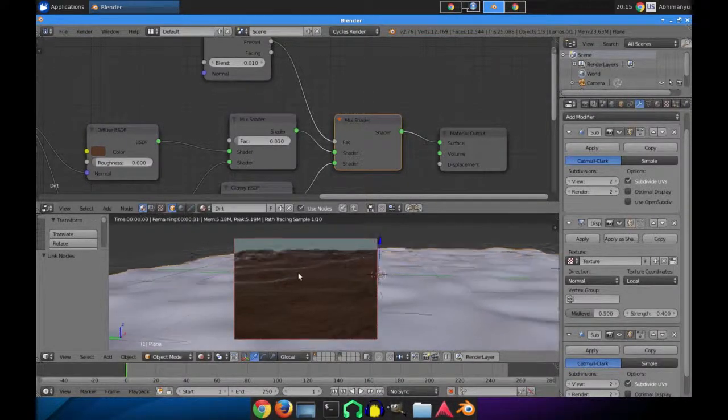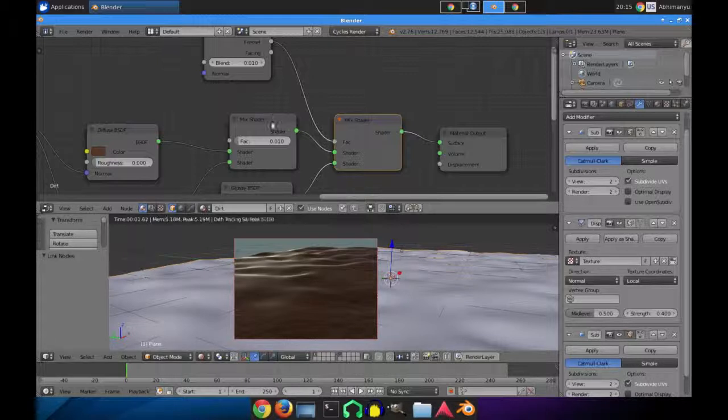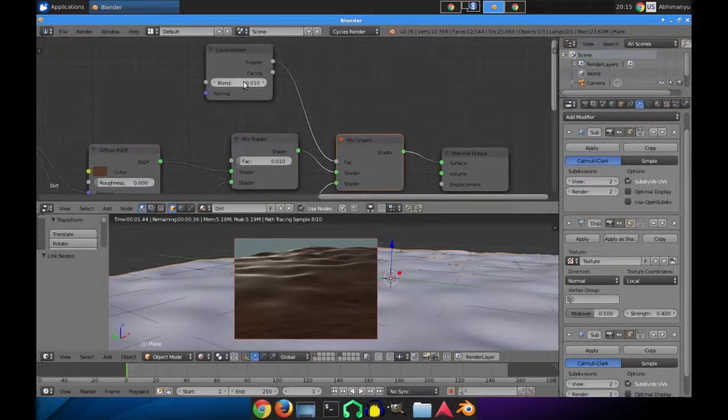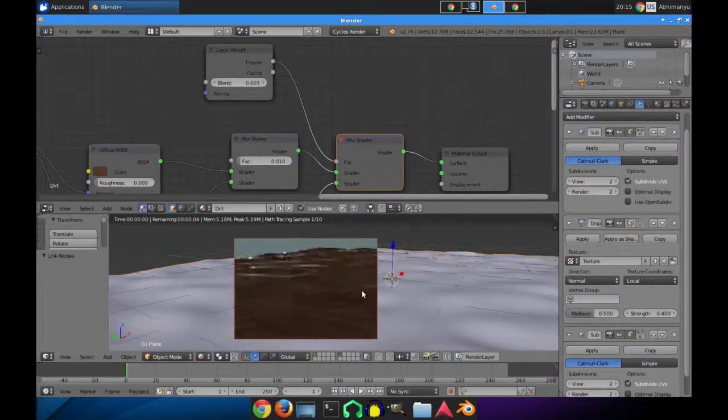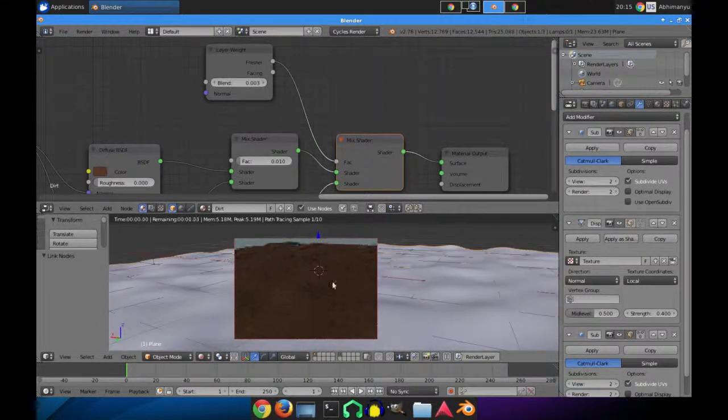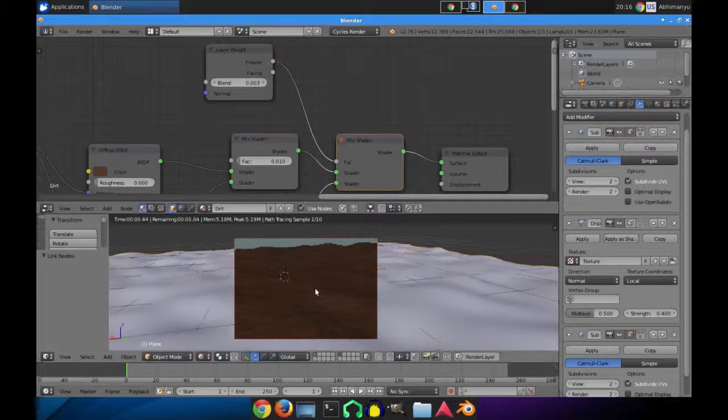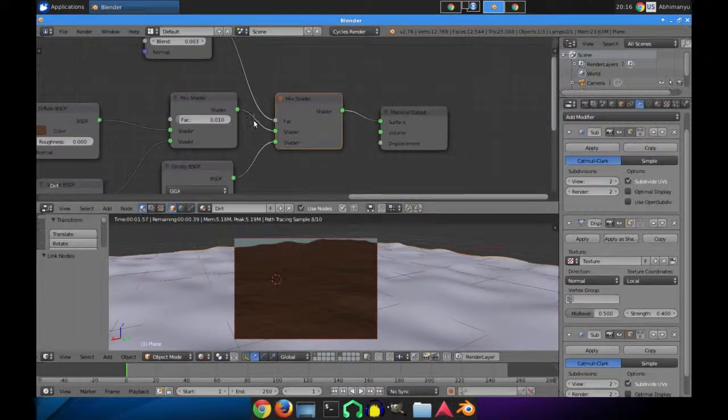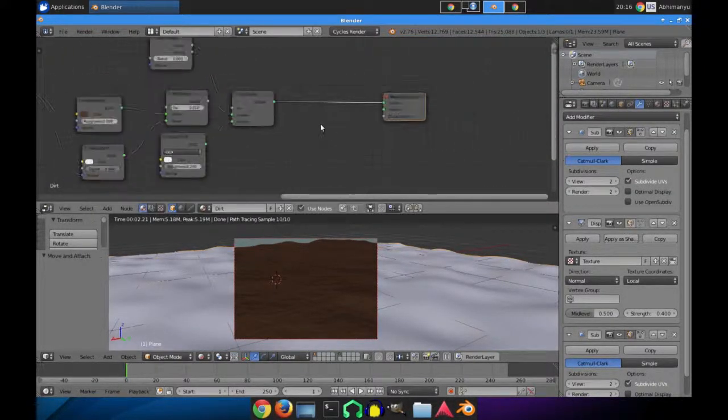Just a little bit. Okay. And just a little bit of glossiness,